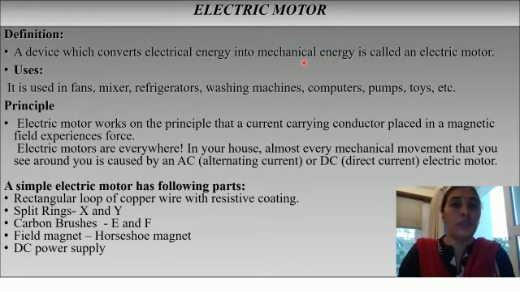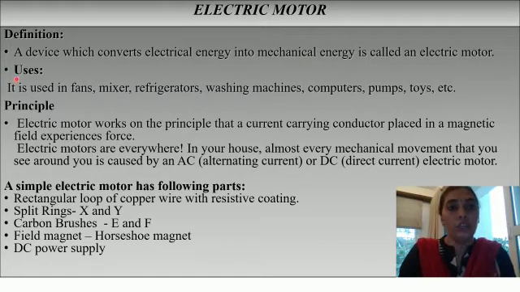In the experiment that we studied, we found that when current was passed through the conducting wire, it experienced displacement. So the displacement was nothing but mechanical work was done on it, or in other words, we can say electrical energy is converted into mechanical energy. So this forms the basis of the energy conversion that is taking place in an electric motor.